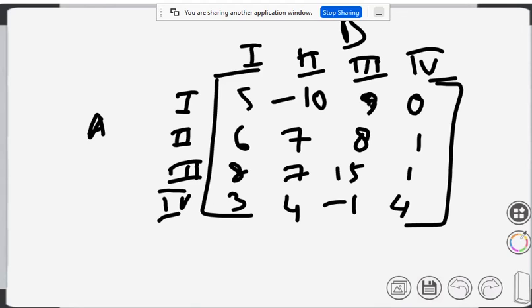If all the elements of a particular row, say ith, is less than equals to corresponding elements